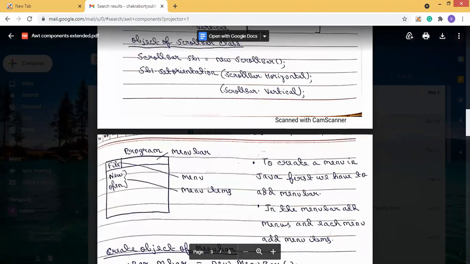In each program, there is a window, and at the top of it there is a menu bar present.